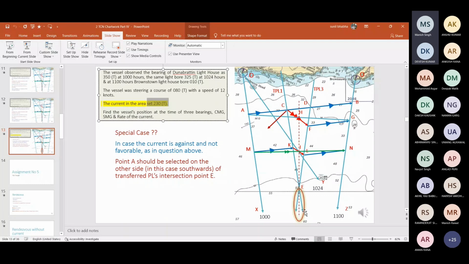लेकिन सर हमें जो इनिशियल ट्रांसफर ऑफ बियरिंग करना है TPL1 एंड TPL3 वो तो करना ही करना है, चाहे करंट किसी भी डायरेक्शन में हो। राइट बेटा, उसमें तो कोई फर्क ही नहीं पड़ेगा। प्लॉट करने के बाद हम देख सकते हैं सर कि करंट कहाँ जा रहा है। एग्जैक्टली बेटा, इसीलिए मैंने आपको बताया कि करंट की डायरेक्शन अगर आपके CTS के ऑपोजिट डायरेक्शन में है, CTS ईस्टर्ली है, करंट वेस्टर्ली है, ओके। सो अगर करंट आपको फेवर नहीं कर रहा है, आपके अगेंस्ट है, तो ऐसे केस में आपको इंटरसेक्शन पॉइंट के ऑपोजिट डायरेक्शन में जाना पड़ सकता है।